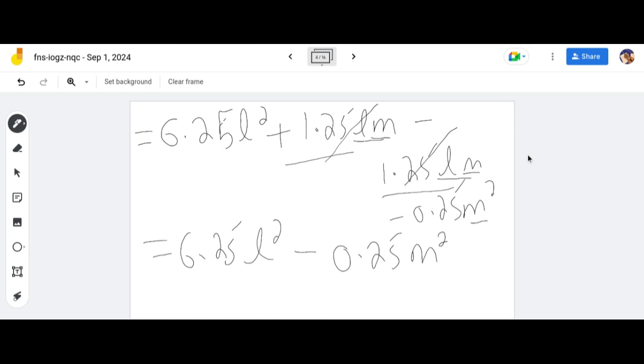Understood? Now can I solve these two? This is M square, this is L square. No, that is the complete answer. We cannot solve it further. If they have the same L, same M, then we can solve. They both had the same LM, that's why I could cancel them. But this situation is not compatible. Okay, ma'am. Understood? Any confusion, even 0.01%? No, ma'am.